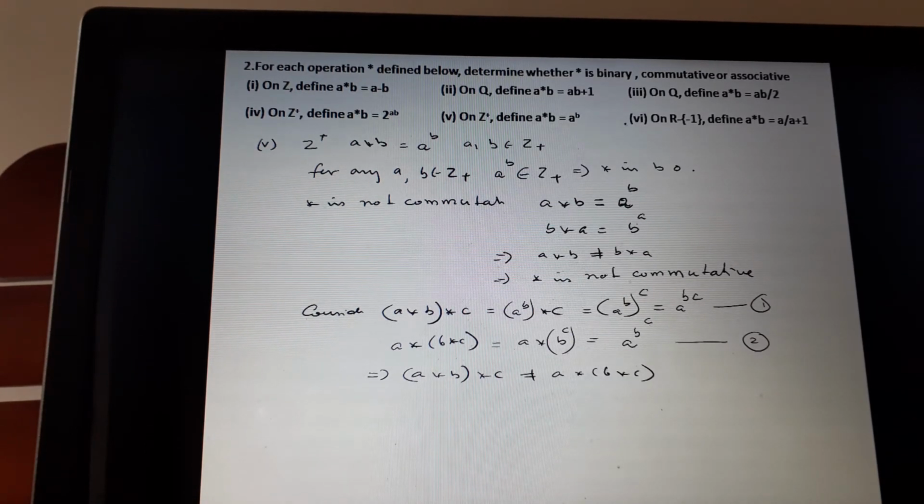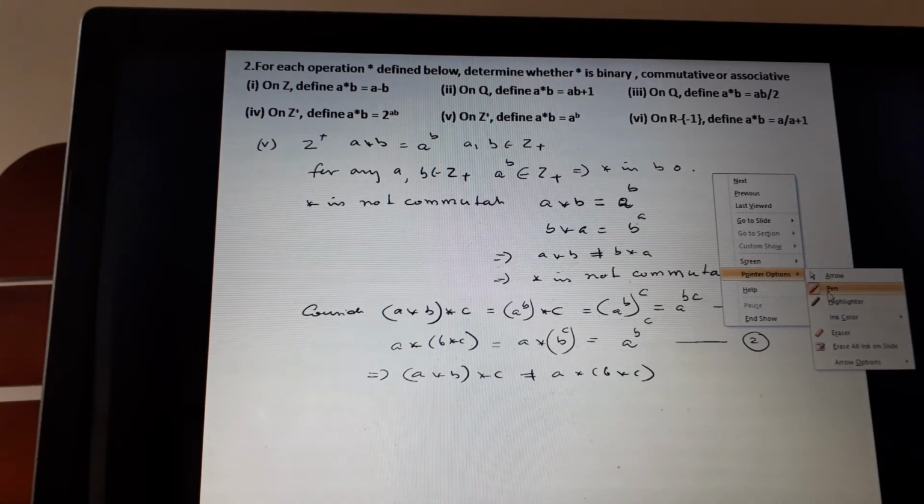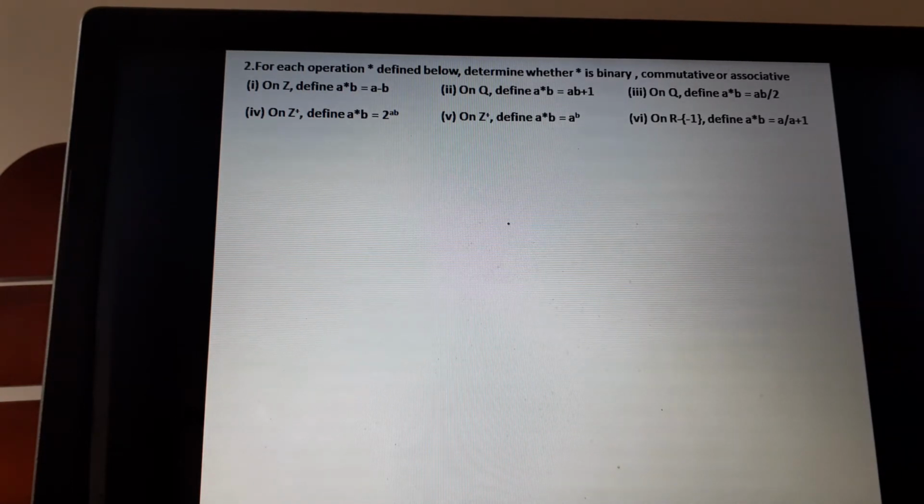So let me not completely do this question, but there is a mistake in the question, and unfortunately this is what sometimes happens in textbooks. So you should be careful as a student. I told you, I think in one of the previous sections also, sometimes there will be mistakes in the question, but we should be careful. This itself is not a binary operation. See here, the question is whether it is binary, then we have to check whether it is commutative or associative. The same question has been asked in CET. Taking that it is binary, the question itself is wrong. See why it is not binary, I will show you first.